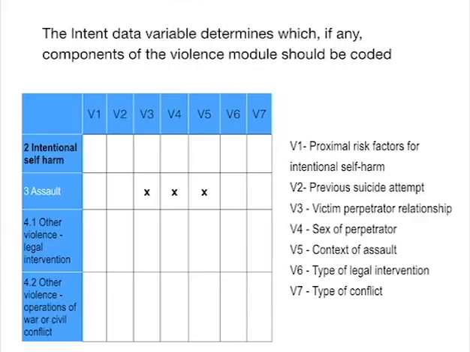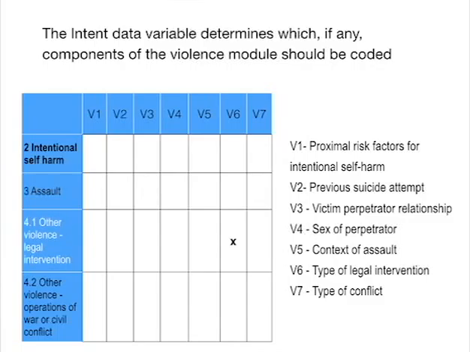What was the relationship of the perpetrator to the victim? Was the assault secondary to a robbery, a drug-related incident, rape, revenge? Answers to these questions add more detail to the injury event that occurred. For intent variable violence due to legal intervention, the relevant data element in the violence module is the type of legal intervention. Was the injury secondary to violence due to a traffic pursuit, family dispute, drug raid, or any form of corporal punishment?